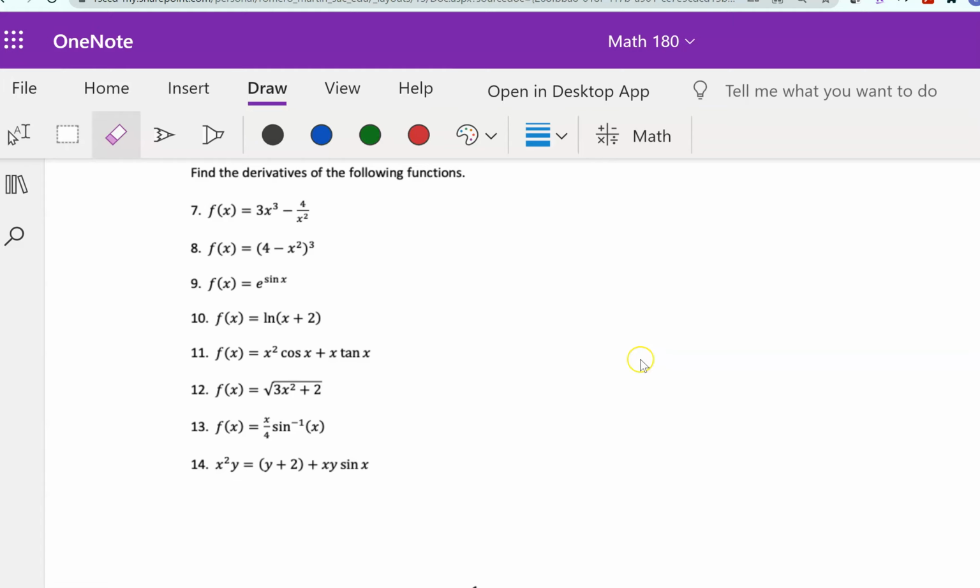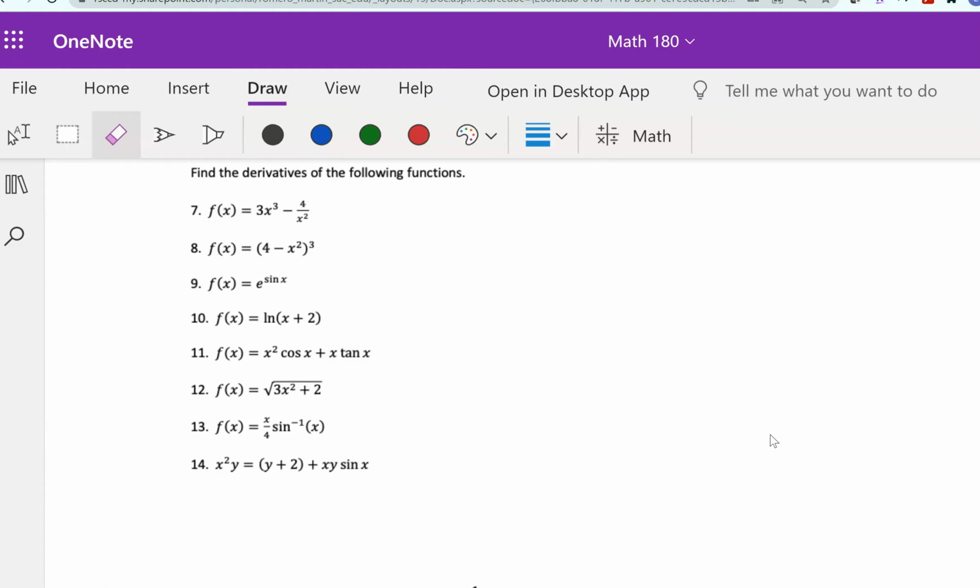Let's take a look at some of these derivatives here from 7 through 14. Again, I'll spend more time on the posted review ones that I have, the solutions I posted for the review. But you guys have a lot of these already to look at based off of what's been posted for you from others. And so I think the most important thing, again, is memorizing, of course, some of the classic ones,